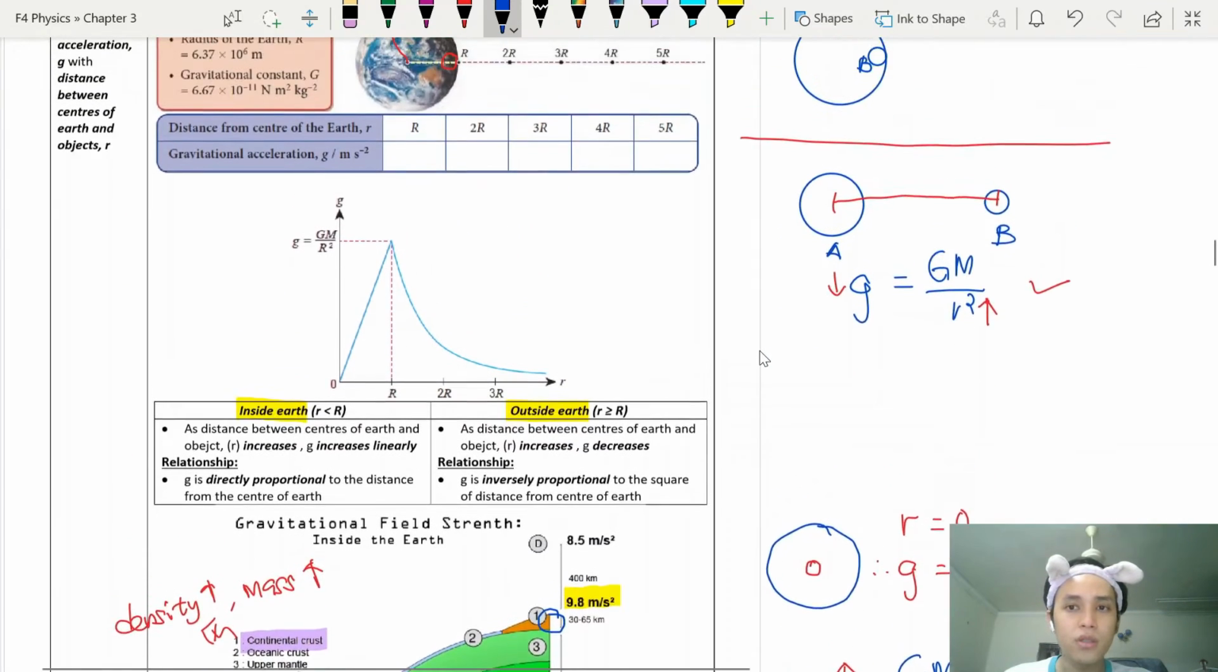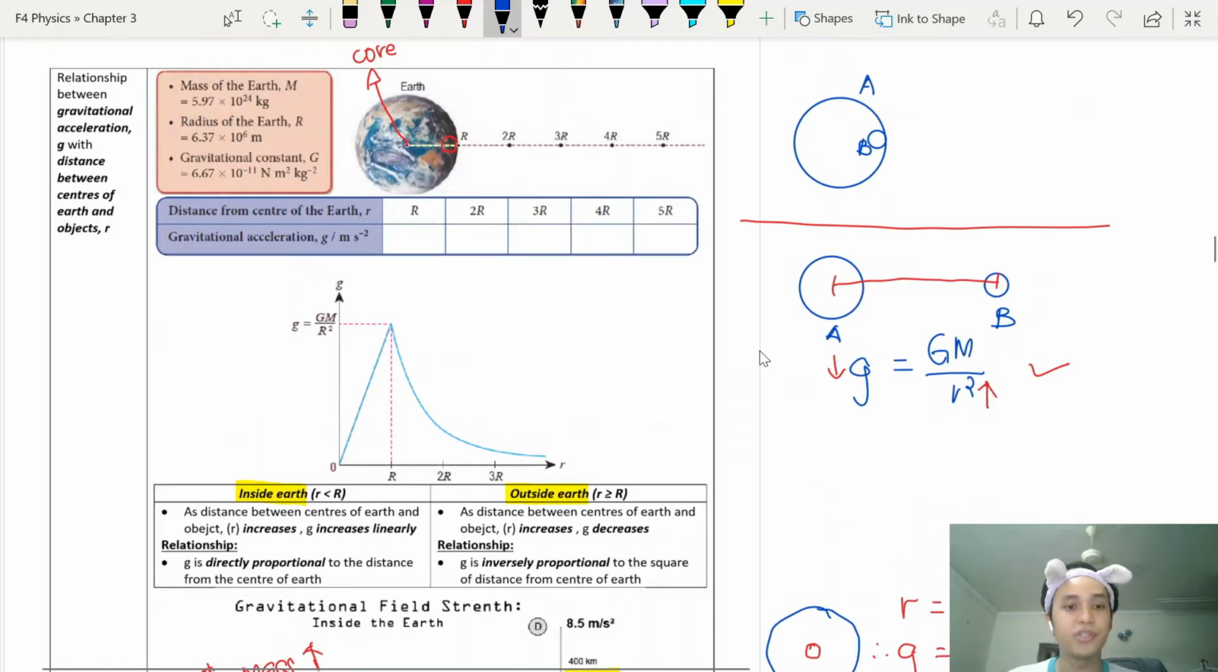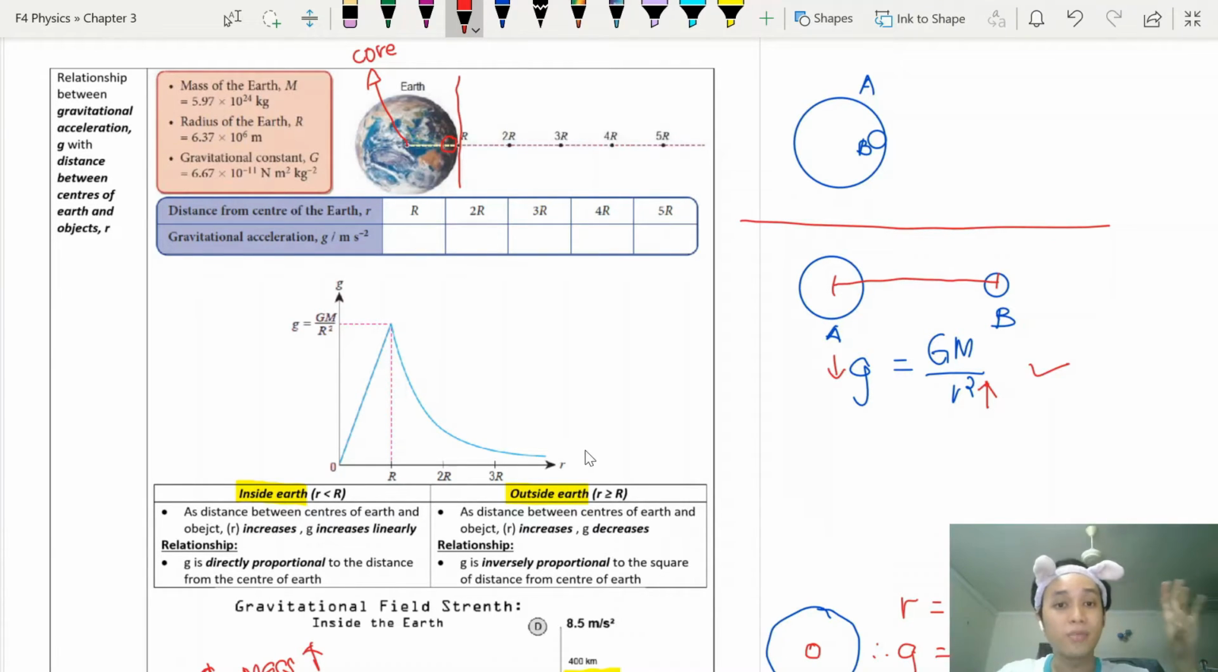Alright, so to summarize the story, gravitational acceleration, two different situations. One is inside Earth, one is when you are outside of your Earth. Remember it must be between two objects. Now the only problem is the two objects are together in a space or the two objects are separated. Now when you're inside Earth, which is this condition,